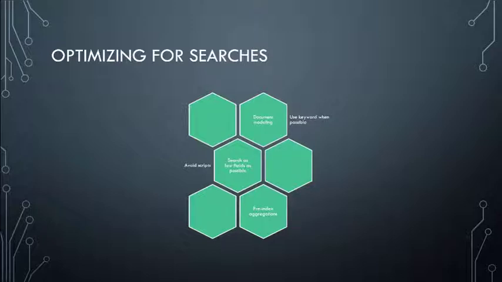If you'd like to optimize for searches, then there are a couple of things that you can do. You can optimize by modeling your documents to be as easy to search as possible. Some of the things that you can do here might run contrary to what you might have learned if you're used to relational databases. But one of the things that you can do when modeling a document to make it easier and faster to search for